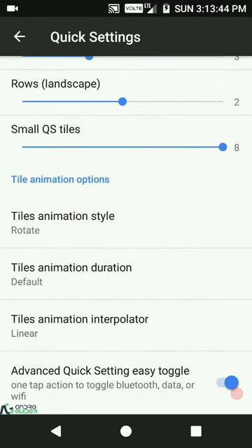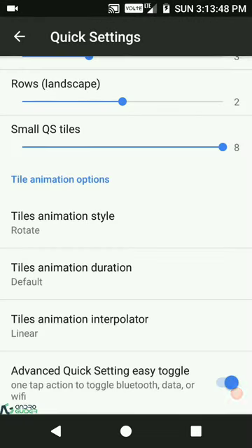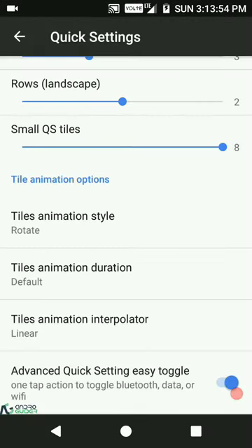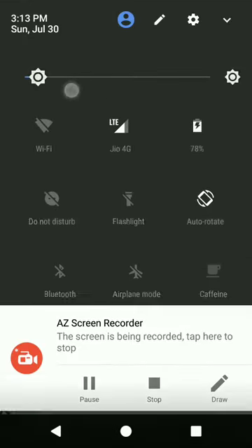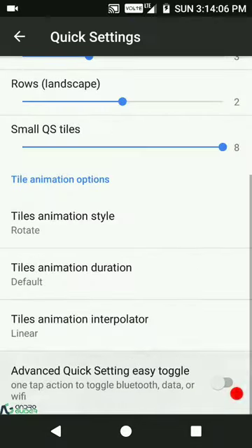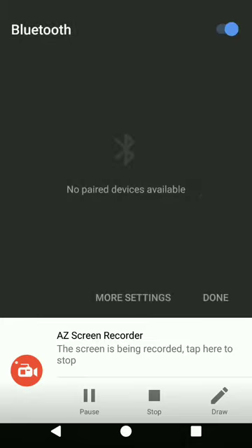And then you can configure the animation duration, low, default, or fast. And you can also configure the animation interpolator. Again, we have got a lot of options for that. And in the end we have got the advanced quick settings easy toggle. So using this you can simply enable or disable Wi-Fi, Bluetooth, and the mobile data by just a simple tap. If you disable this option, and then if you try to enable the Bluetooth option, you can see that